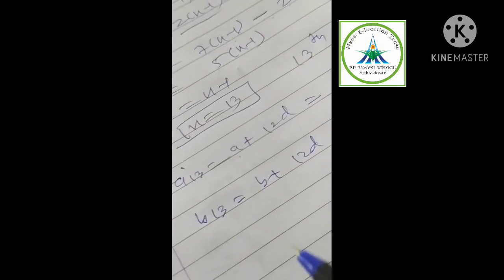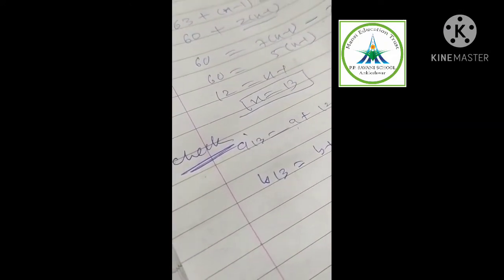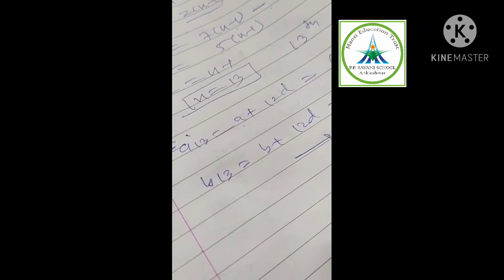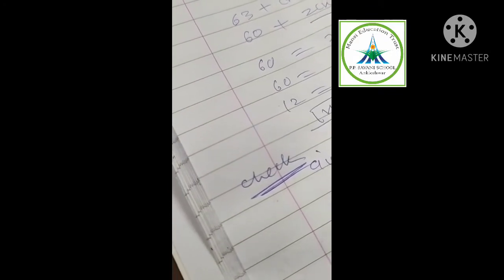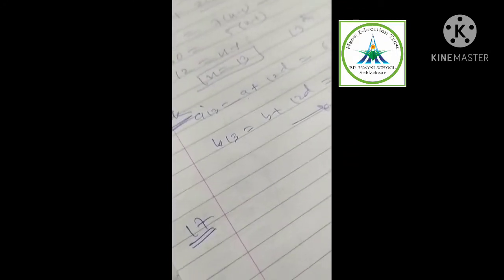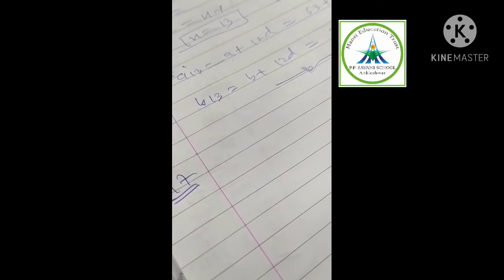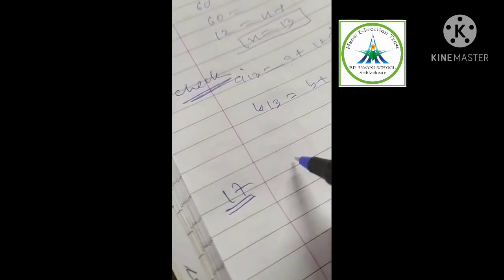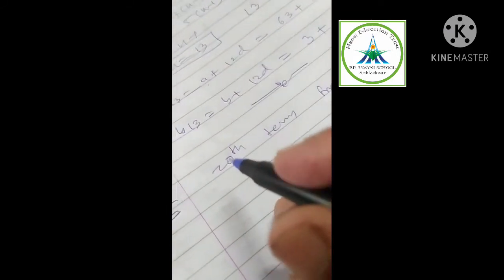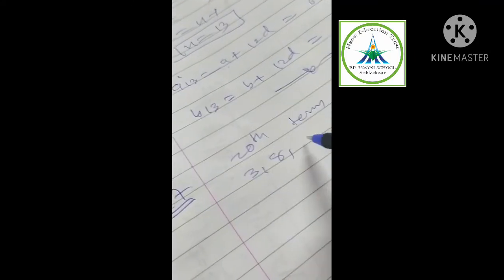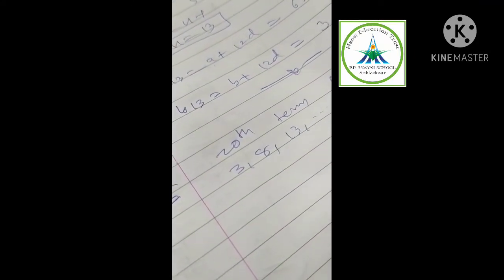Now students, did all of you understand this? Now let us take example number 17. I am reading from the textbook. Find the 20th term from the last term of the AP. The 20th term from the last term means from the end of the AP. The AP given is 3, 8, 13, and the last term is 253.